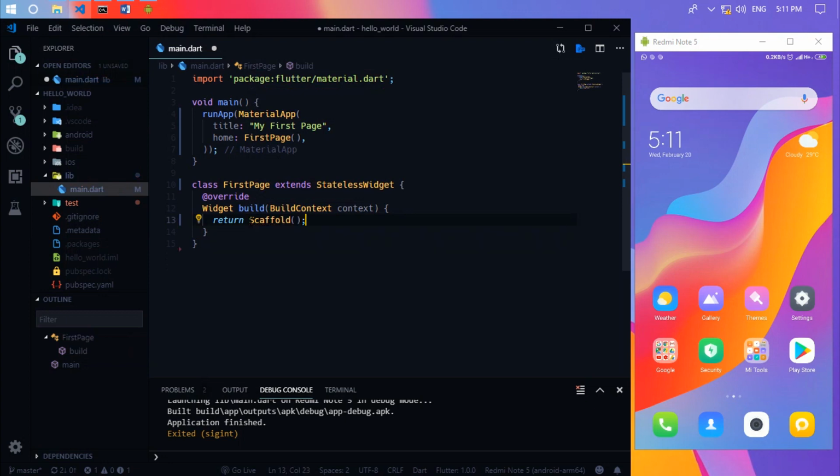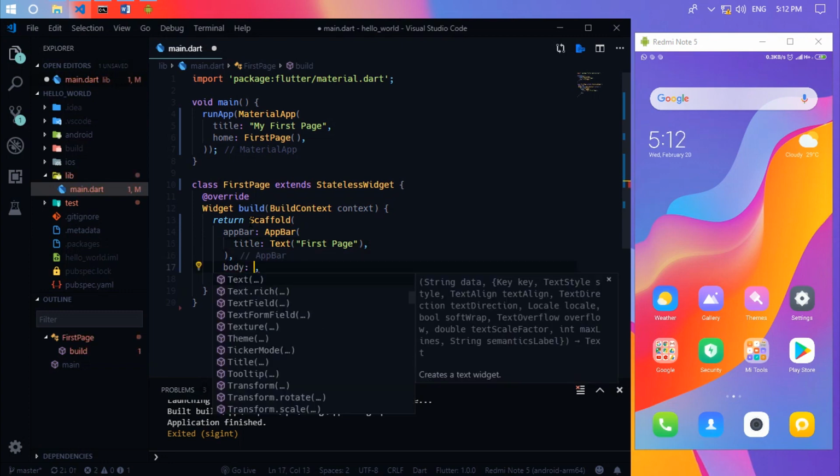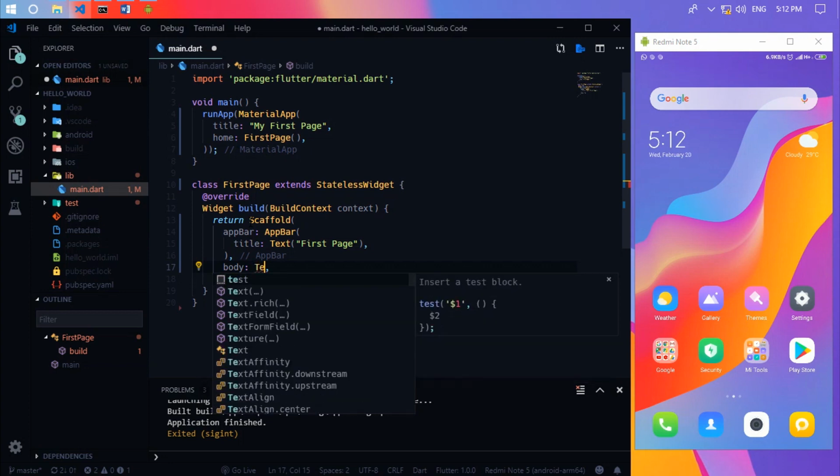So for now we don't have to know what a scaffold widget is. Okay, and the scaffold widget has many properties like appBar, and the other is body, and inside this body I want to give a text widget.